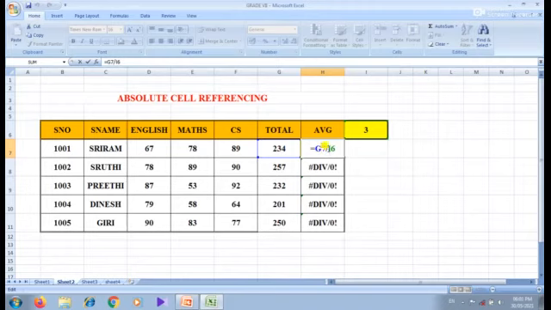G7 is 234, then the I6 value is 3. See here the cell reference G8 and I7, but there is no value in the cell I7. Here I used the value 3 only in the cell reference I6.